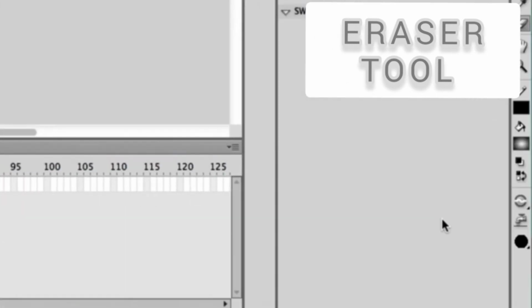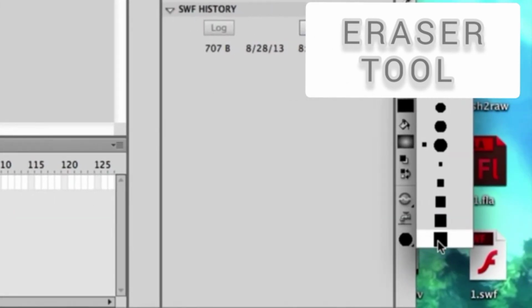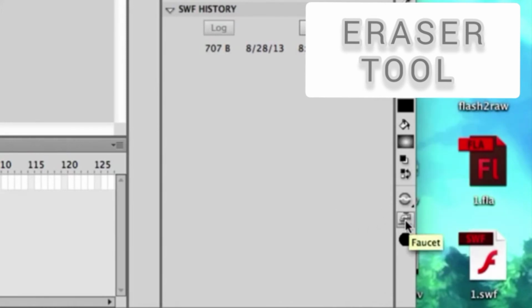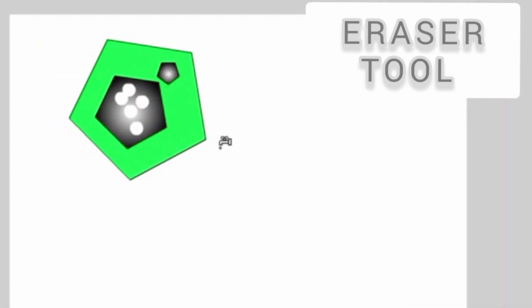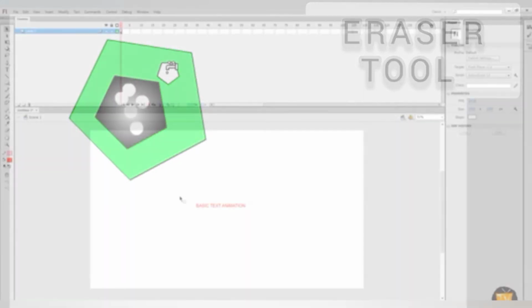Select eraser tool from the tool panel and click the erase mode to modify and select erasing mode as erase normal, erase fill, erase lines, erase selected fills and erase inside. Change the eraser shape or size if needed. Drag on the object to be erased.